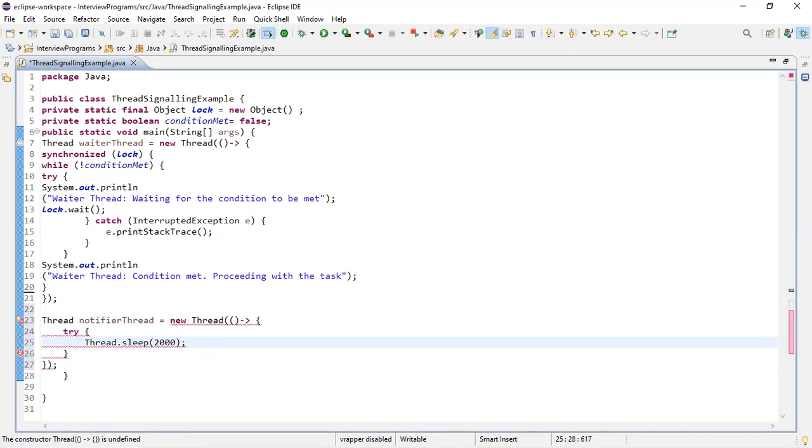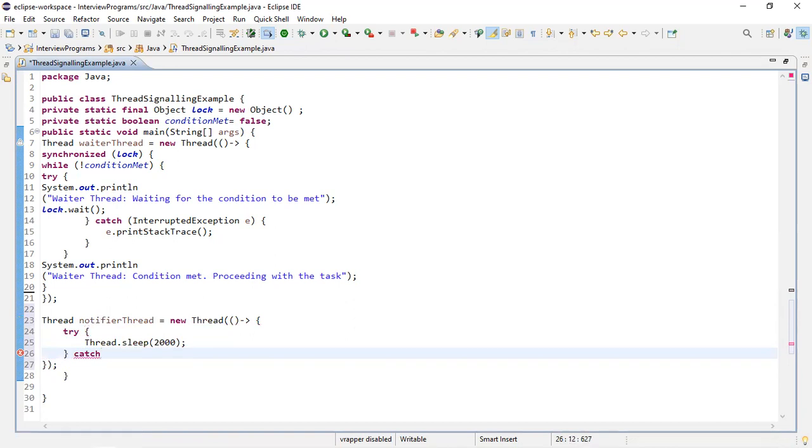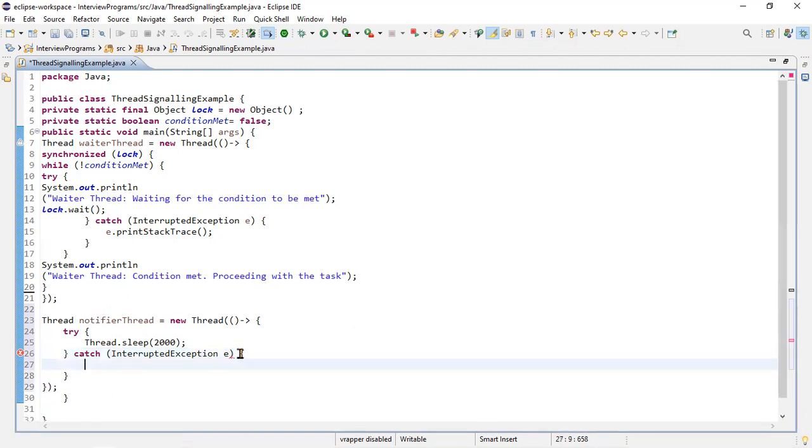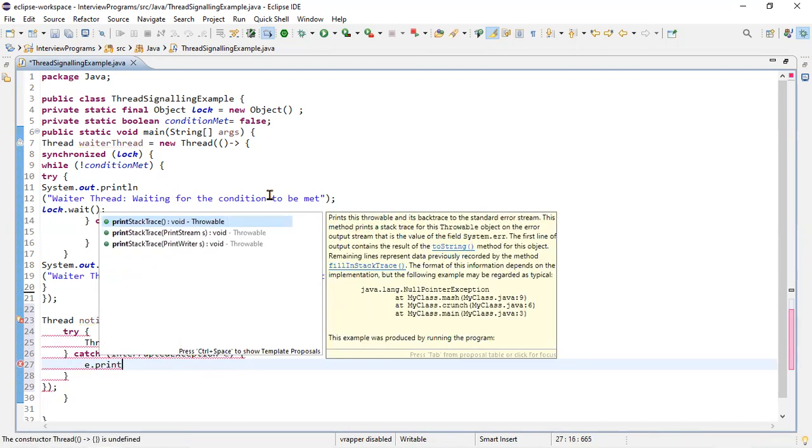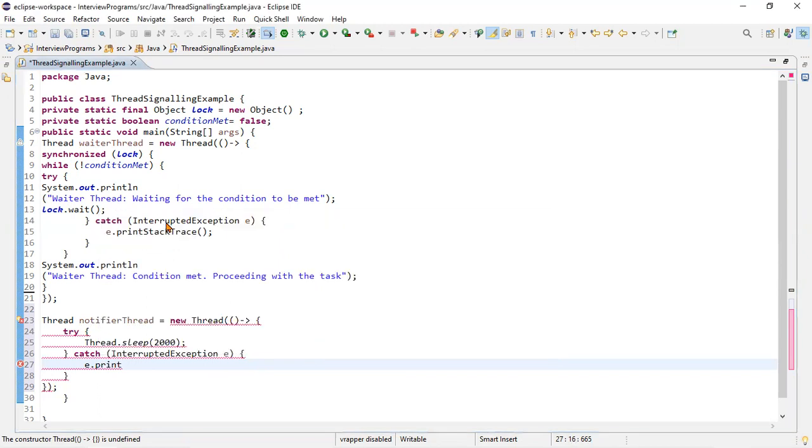Okay, and catch the exception, which will catch the InterruptedException using the printStackTrace method. And friends,